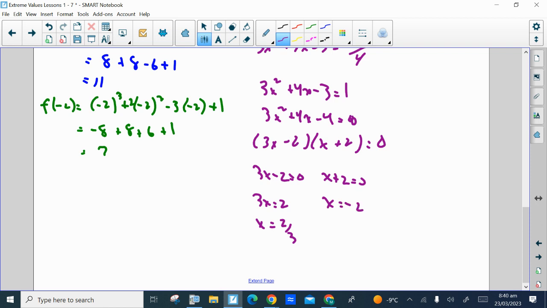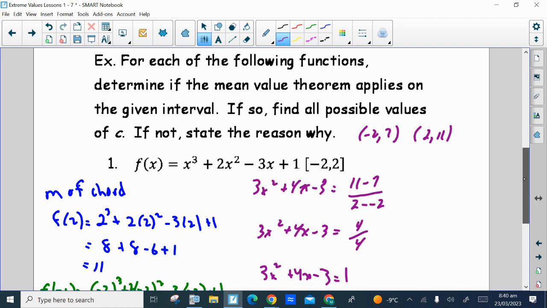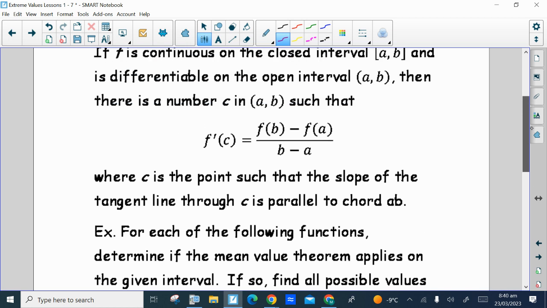And there's our 2 places on the curve where the tangent line is parallel to the chord that goes through x equals -2 to x equals +2. Now, if we look up above, once again,